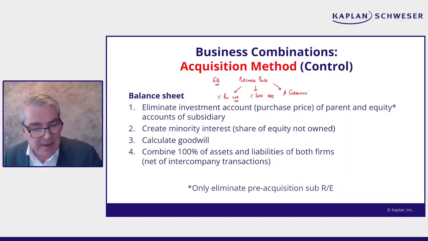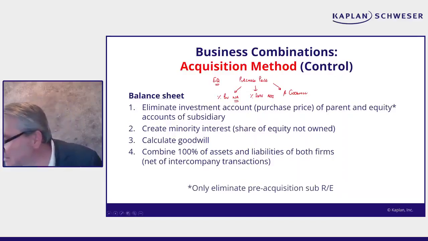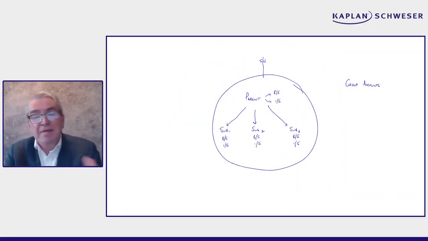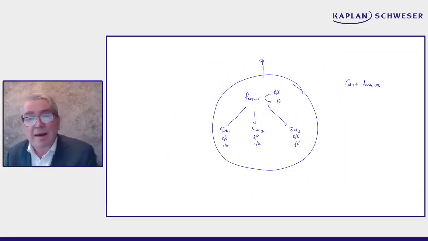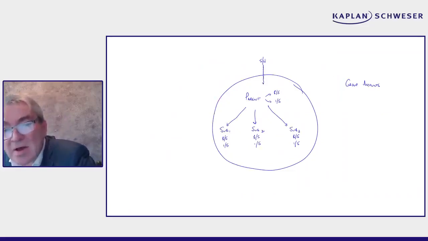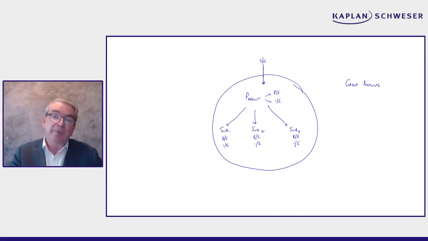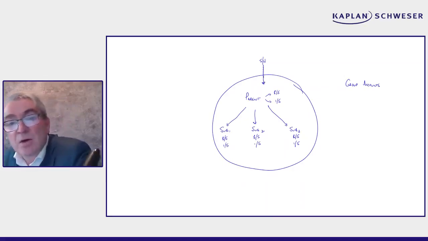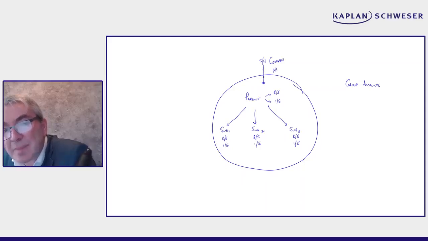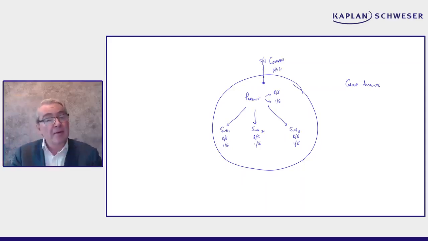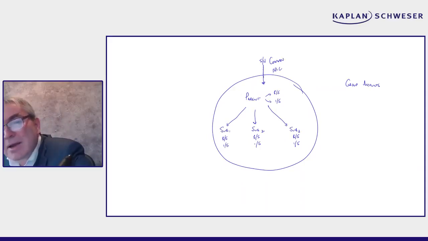But again, we can see this by going back to our diagram. He says, trying to get the diagram back up. There it is. Look, if you're going to present all of these companies as one, it is only the external equity that the parent company's shareholders own that should be reflected in the group accounts. So we're going to show the common stock and the additional paid in capital of the parent company only in our accounts. But what about retained earnings? Well, we are going to include the retained